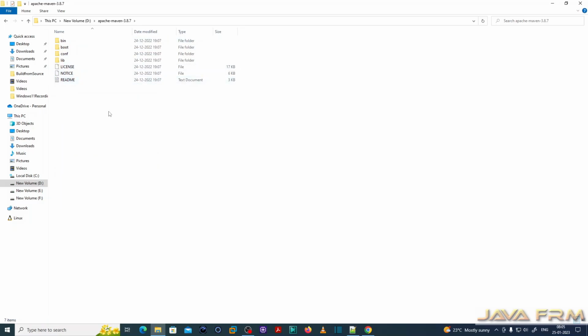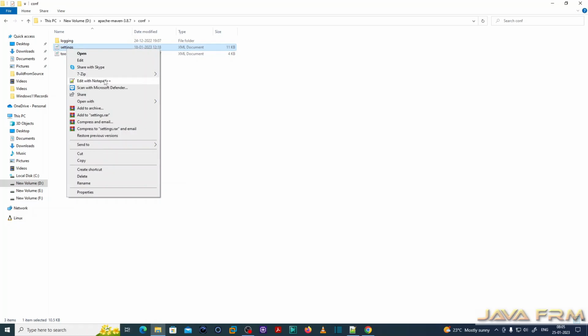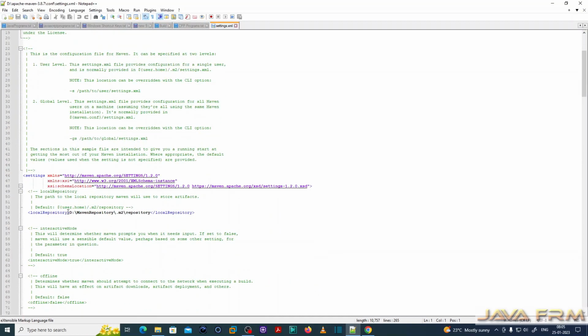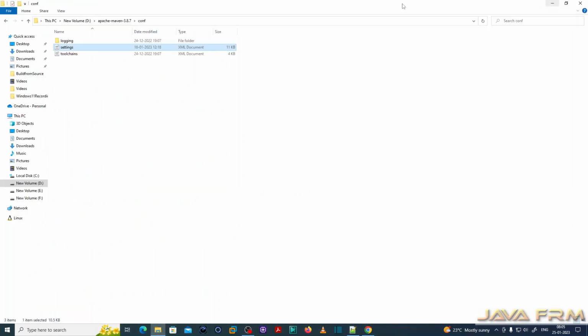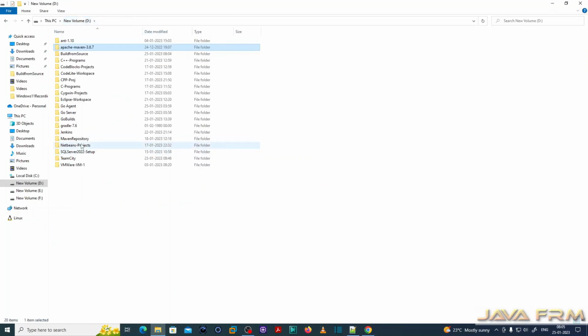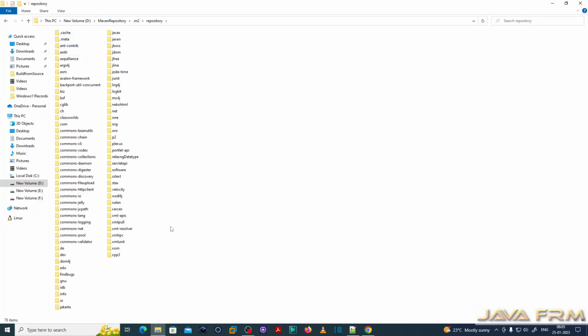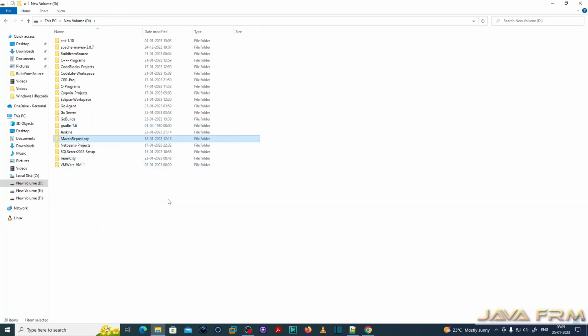So before proceeding with the build, let me show my settings. I have already installed Apache Maven 3.8.7 and this is my Maven settings file, which is pointing to the local Maven repository. All the jar files and artifacts which I am downloading and compiling will be stored in this local Maven repository. Make sure that you have internet connection in order to download the jar files and artifacts to compile the